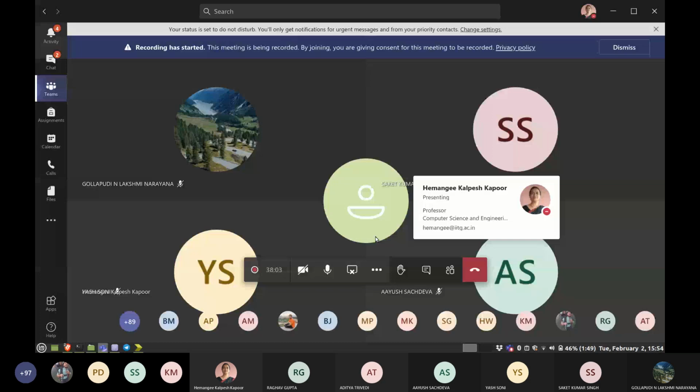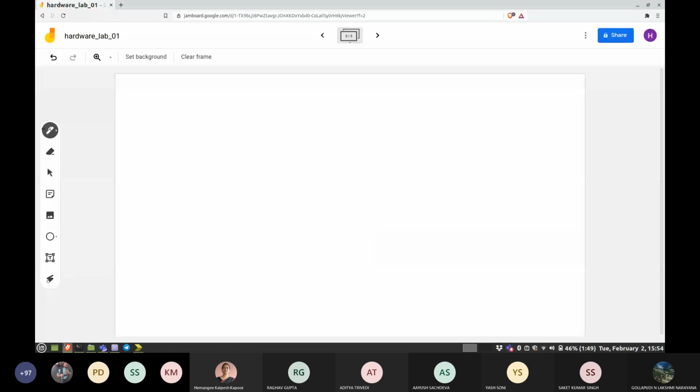Okay, so we are back to this white screen where I'm going to explain something. We have just now designed a single bit flip-flop as part of our demo. And now I'm connecting 3 such flip-flops in a straight line.